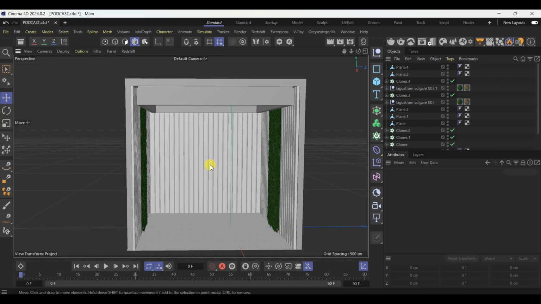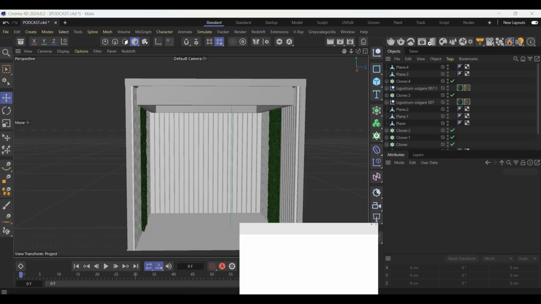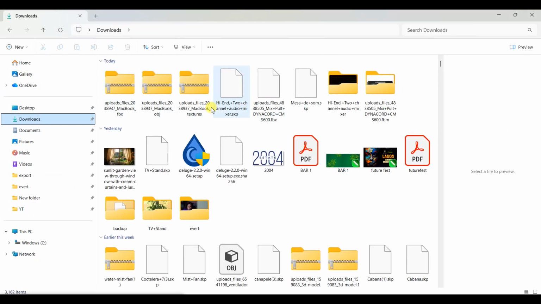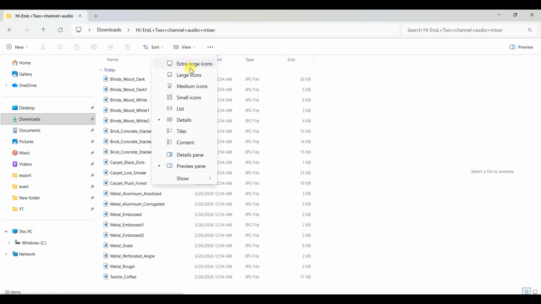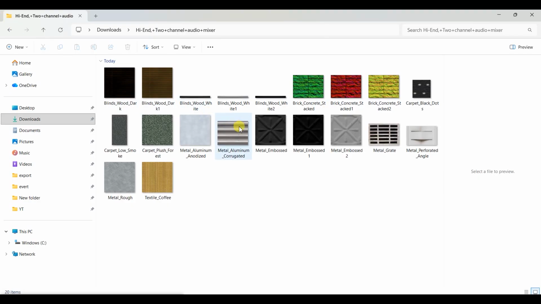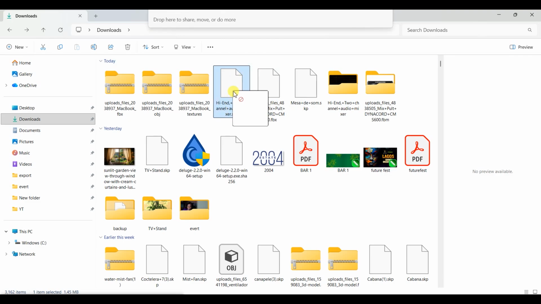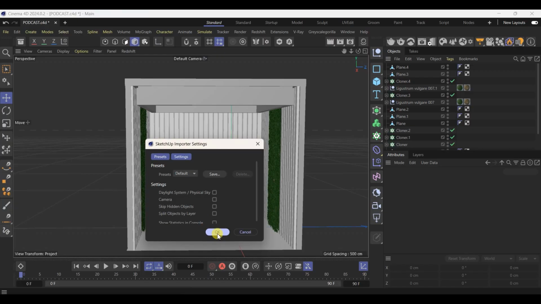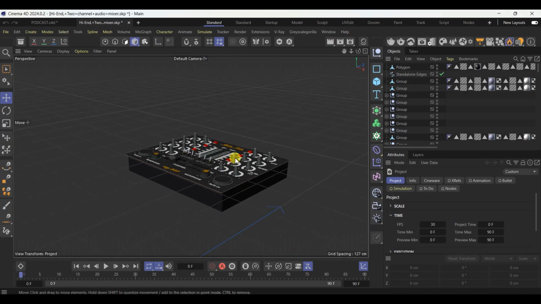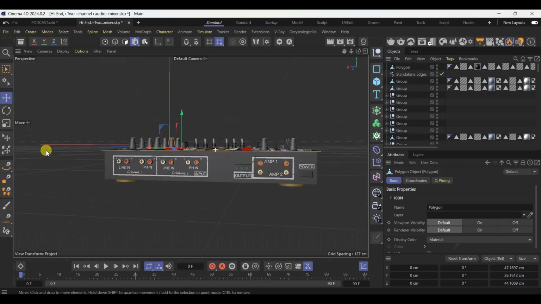All right, so without wasting any further time, let's just go straight into it. So I'll be importing some of the assets just right about now. So I have here assets. Okay, so I have here the audio mixtape,